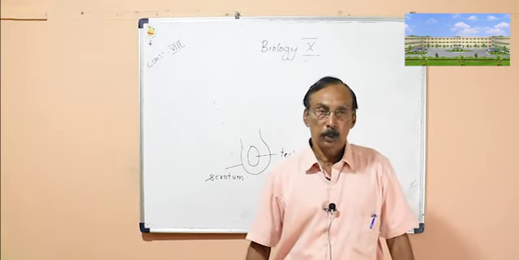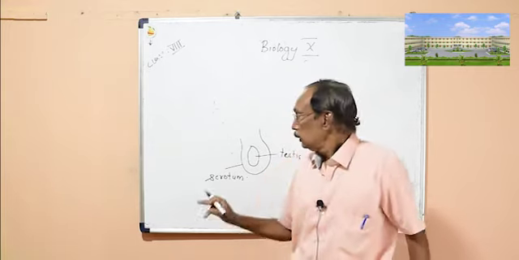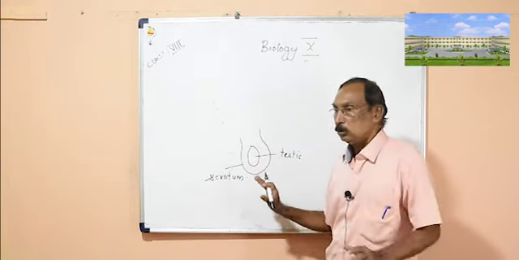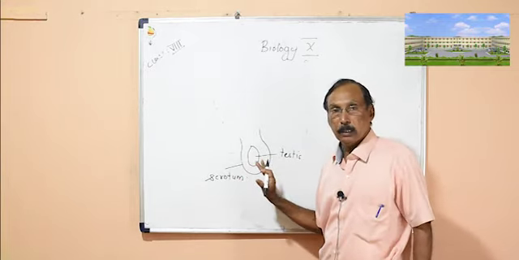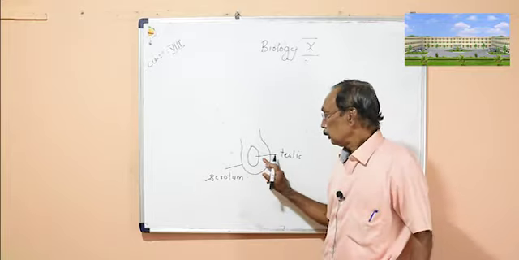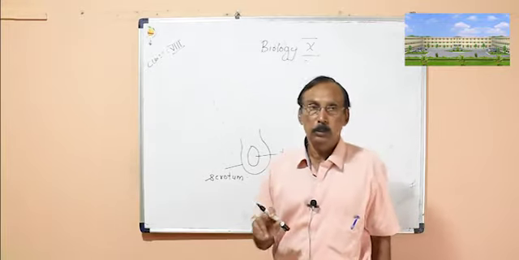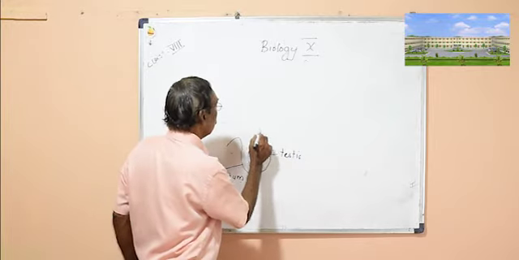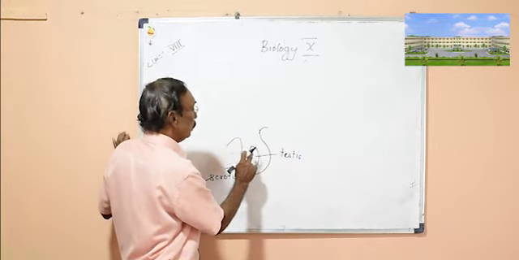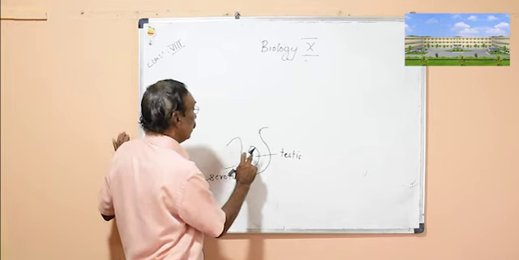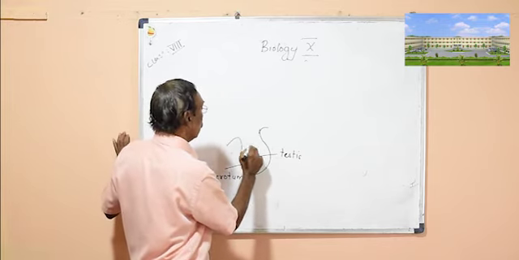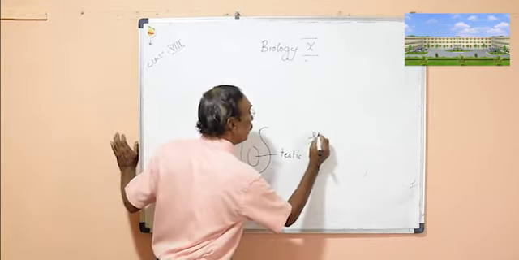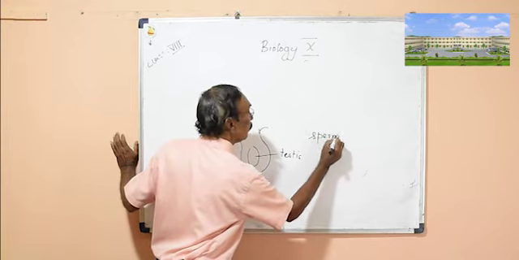Our body temperature is 37. So this scrotum being outside has a lesser temperature, which provides a suitable temperature for sperm production. So that is about the scrotum and testis. And the testis is the part of the body which produces sperms, that is the male cell, the male gamete.